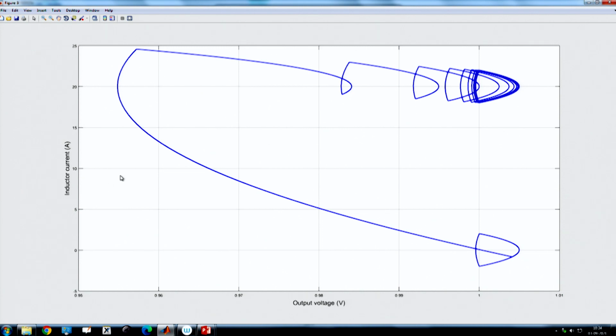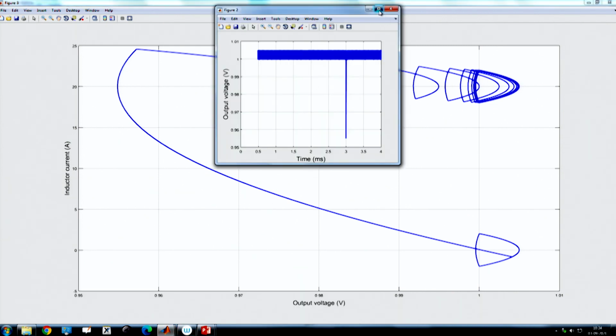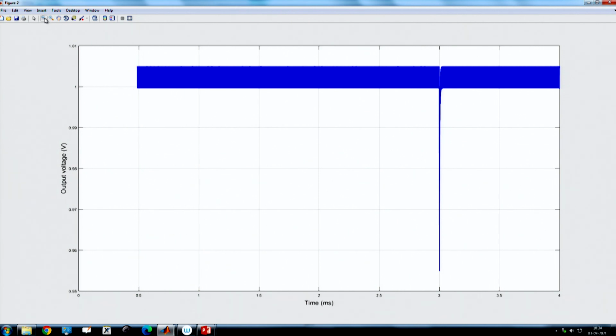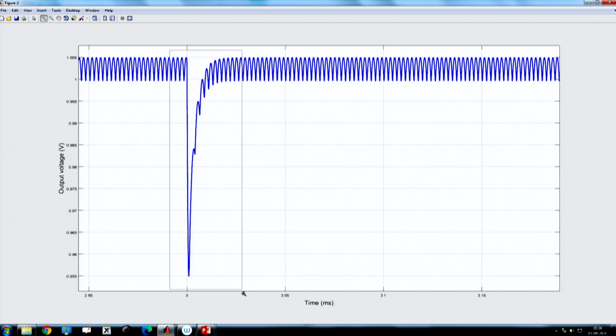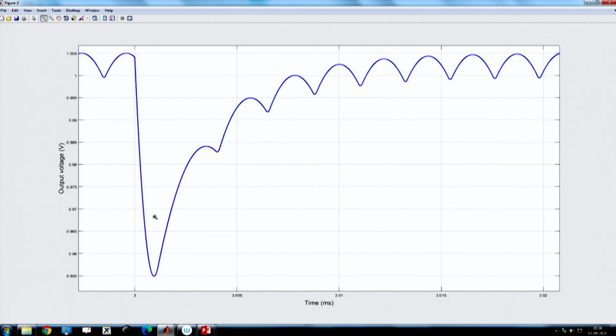Now this is the phase plane behavior. This is my output voltage axis and I am not considering any integral action, and you can see it goes through a first transient here, this is the inductor current, and then it takes multiple switching cycles before coming back. If you go to the output voltage waveform, because I have discarded some of the initial transient so that we show the phase plane correctly, you can see it turns off, comes here, and then takes some more cycles before it goes to steady state.